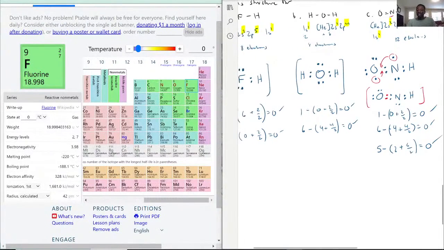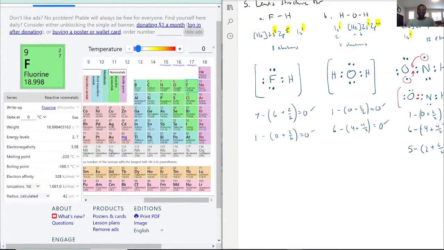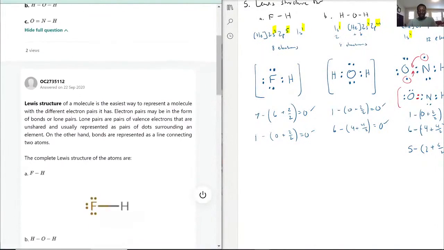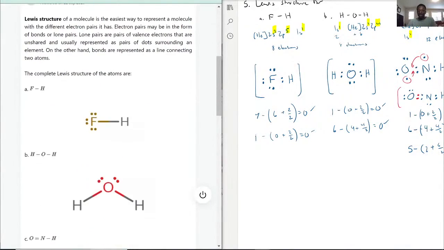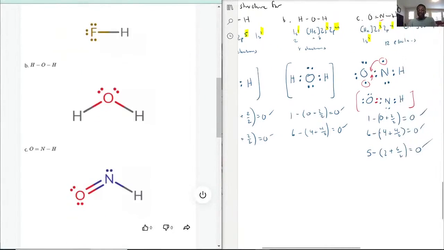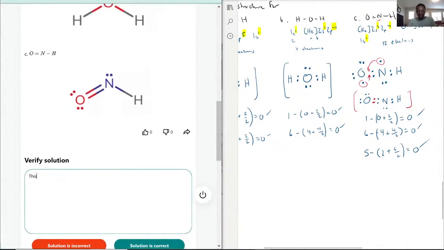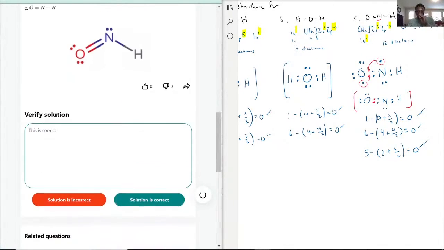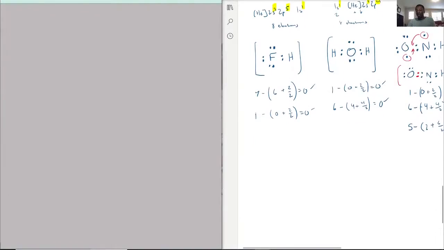So now we can see that these are all the Lewis structures with their theoretical charges. All of them are 0 because there's no positive or negative charge, since overall we have a neutral molecule for each one. And there you go, we have the Lewis structure. I like to draw my bonds as just the electron dots, so that's why it looks a little bit different. We have this as well for the Lewis structure, and then we have that. So with this being said, this is correct, and we're able to even support why these molecules are going to be theoretically, well, they are